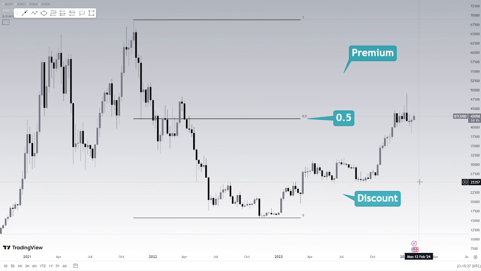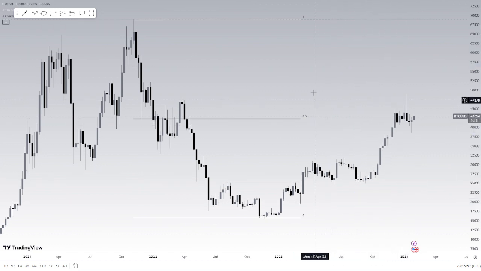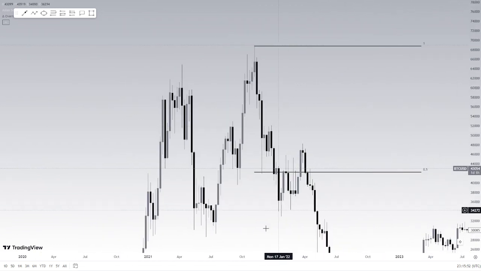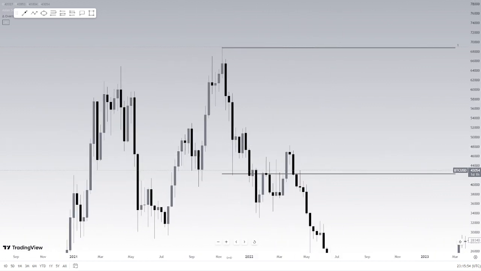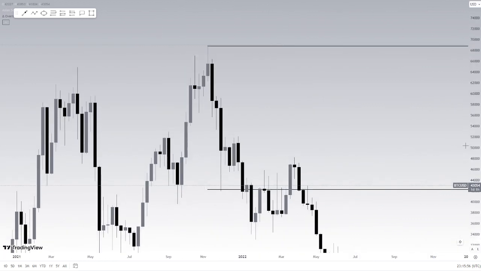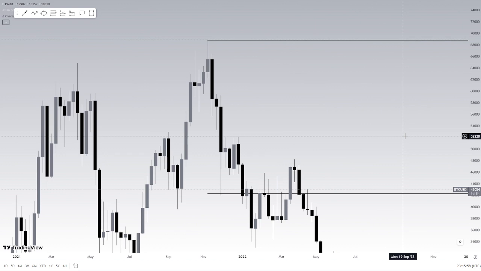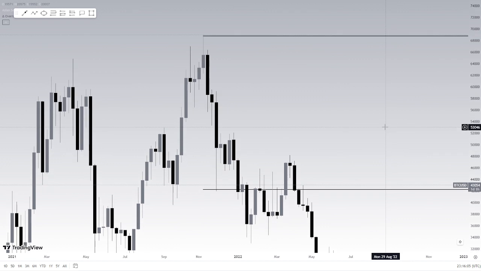Now, from a premium and discount perspective, what are we looking for in price? If you remember, the next thing we're going to be looking at is our fair value gaps in price. Our fair value gaps are very important, okay? So let's zoom in and have a look over here in the premium. So we're now in the premium above the 0.5 level, and we are now going to be looking out for fair value gaps. These are inefficiencies that price action has left in the past. And the reason why these are important is because price will look to rebalance these areas of inefficiency in the future.